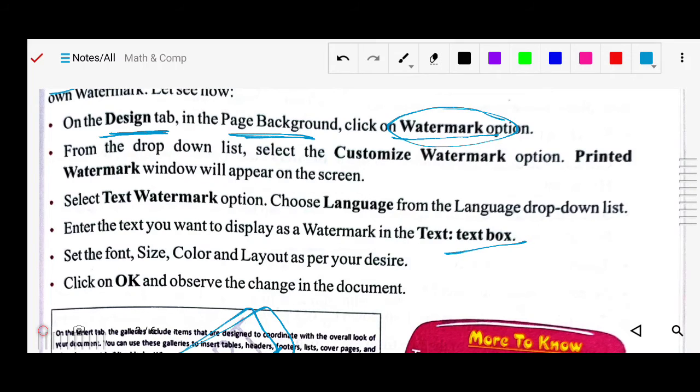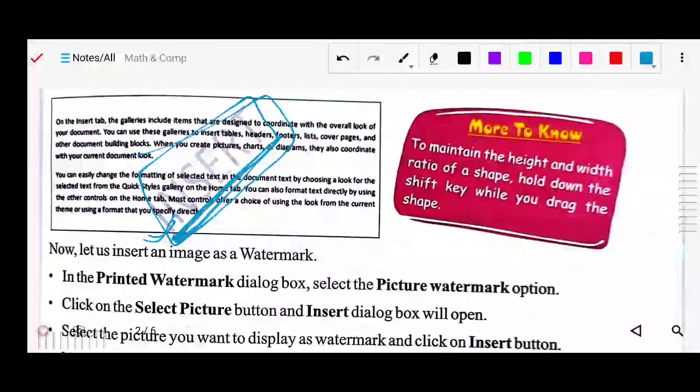Everything you can customize first, which kind of watermark it should look like. After you have done it all, click on OK. You will see that the watermark is reflected here.